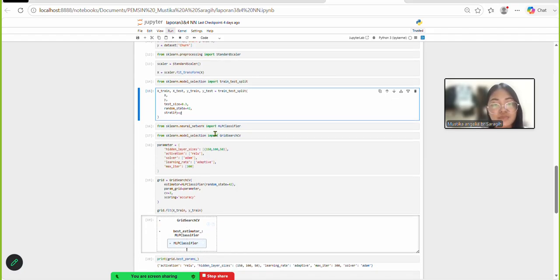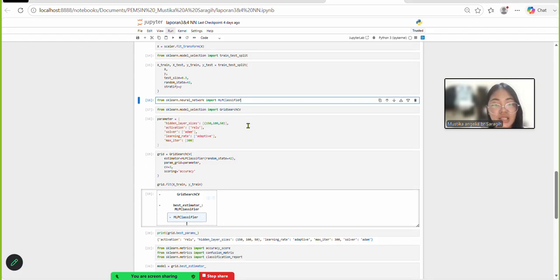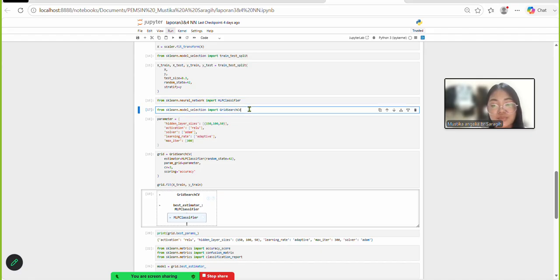And next, import MLP classifier. MLP classifier is imported to build the neural network classification model. Okay. Next, import the grid search CV. Grid search CV is used to search for the best hyperparameter combination for the neural network model.